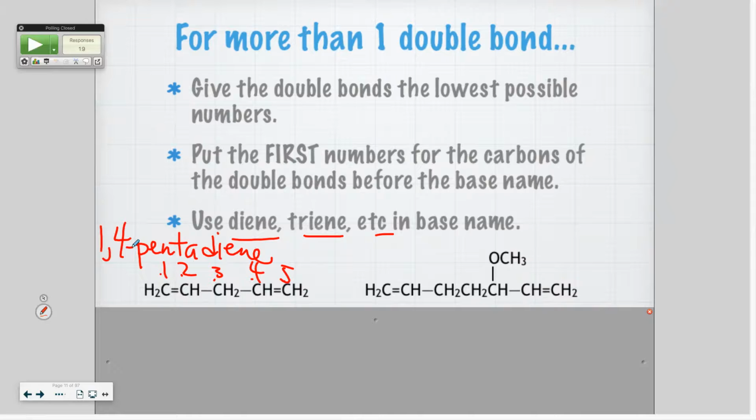Okay, so what about this one over here on the right? How many carbons? 7. Did everybody see there's 7 here? Which way do you want to number this one? Left to right or right to left? Why? Because you have a methoxy on carbon number 3 that way, and the double bonds are the same. Remember when we did other things with rings, you want to get the lowest numbering. Well, in these you're going to want the lowest numbering with the double bonds first. If it's the same, you worry about those substituents. It's kind of weird. So what is that going to be? 3 what? Ethoxy,